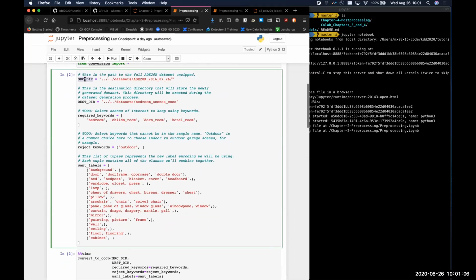Where we have the AD20K dataset, where we want to store our generated dataset, some things about the scenes, which ones we want, which ones we definitely do not want. And then lastly, the label groupings that we want to use. So instead of the full 3,000 that AD20K has, or instead of the full 80 or so that Coco has, we'll now have these 15 or so labels as our true labels. And then when we go to training, we can train on these 15 labels, which is a lot easier than having a model learn 3,000 different